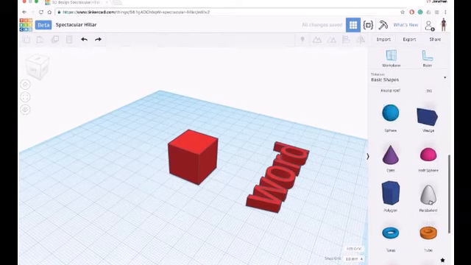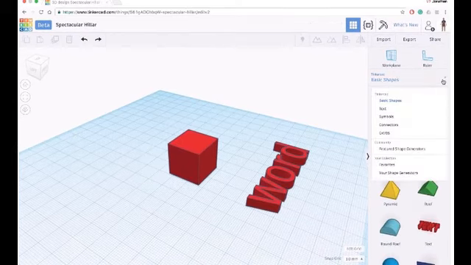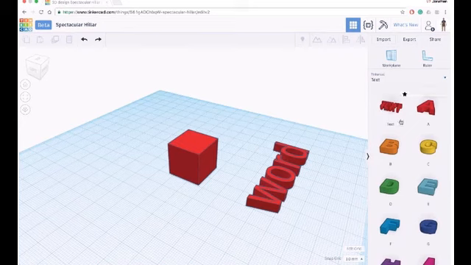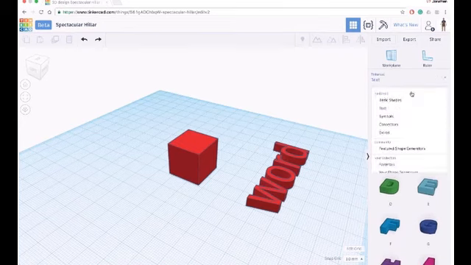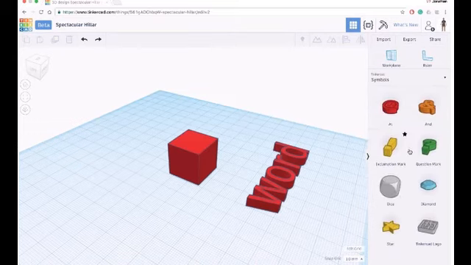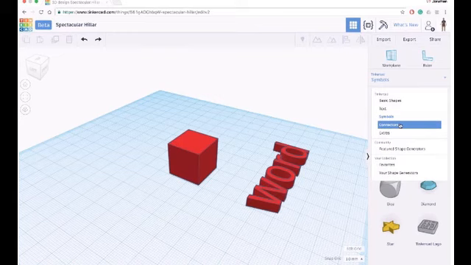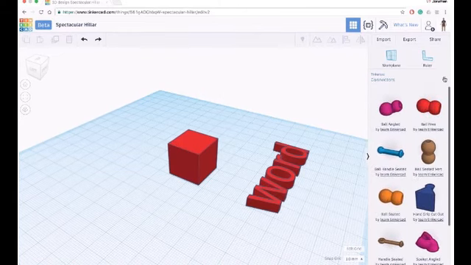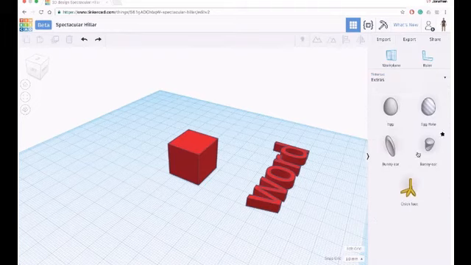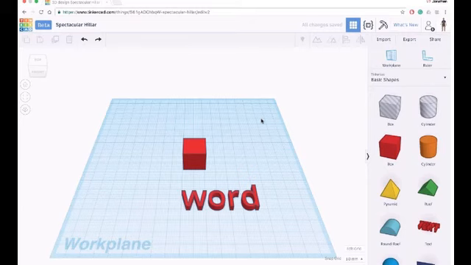And these are just some different objects you can bring in. Click here, you can go to text. These will be individual letters, and we'll get into that in the first lesson. Symbols, we'll do the dice symbol in the second lesson. And then connectors, this is pretty cool. You can actually make action figures with stuff in Tinkercad. And then extras has some other fun stuff. So that's the Tinkercad interface. And we'll get into more specifics in the next lesson.